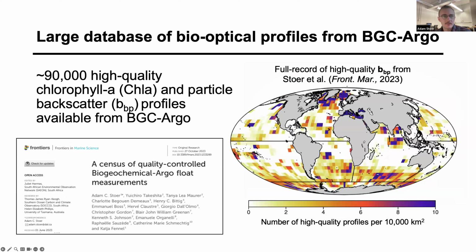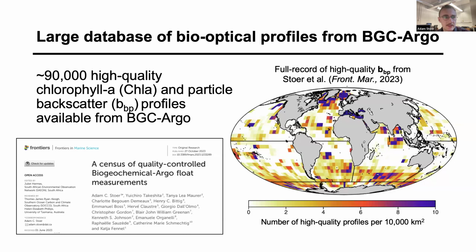You can see in the map here, I and several other colleagues did a census of how much high quality data there is. You can see that you have pretty good coverage of the global ocean with all these bio-optical profiles from BGC Argo. And so that's the focus of my talk, using this data to better describe the biomass and